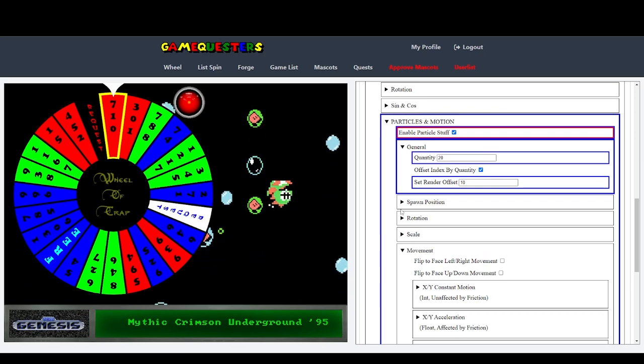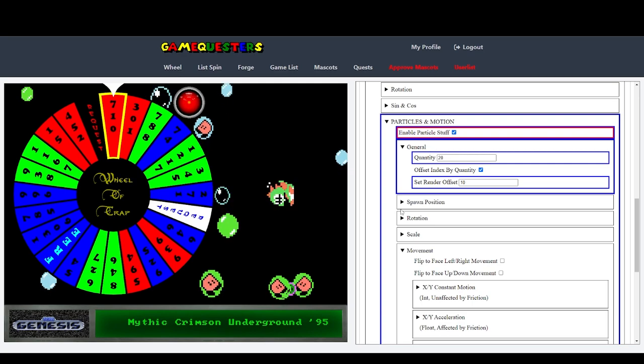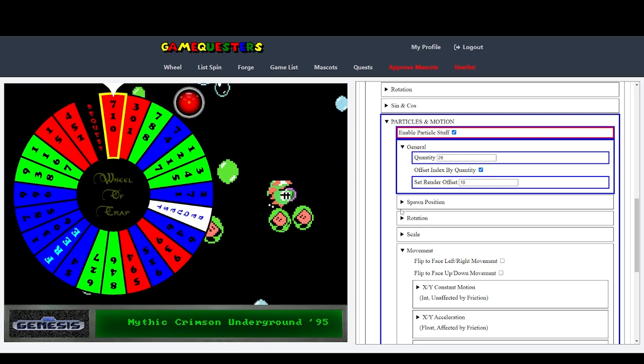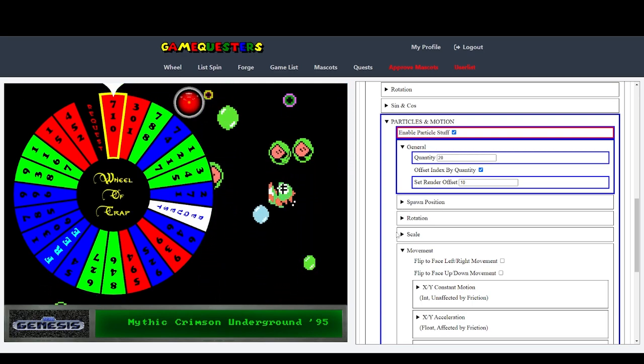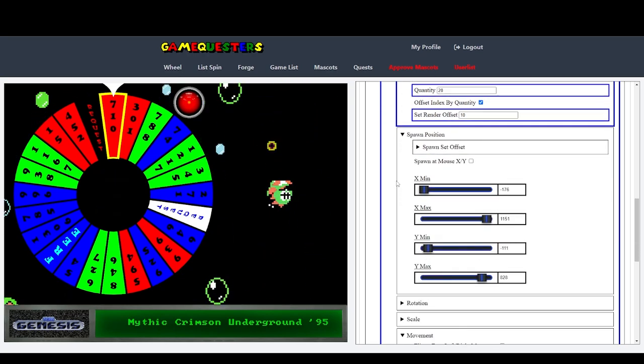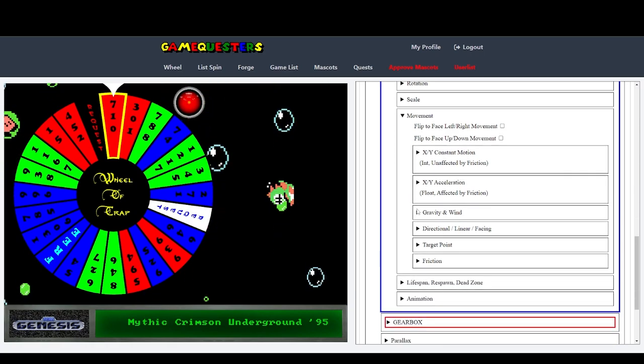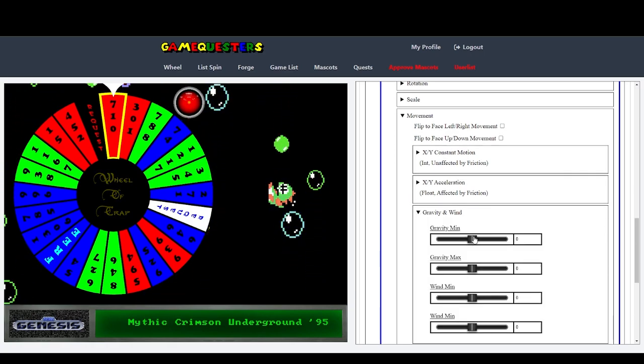And like I said at the beginning of these tutorials, don't be scared to F around and find out. If you saved this right now, there would be no danger of it breaking. So let's set the spawn position to anywhere. And then put on some more movement. Let's try gravity, for example. If we put on a little bit of gravity, just a tad,